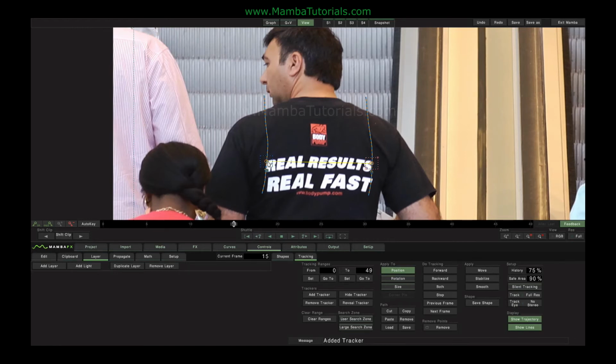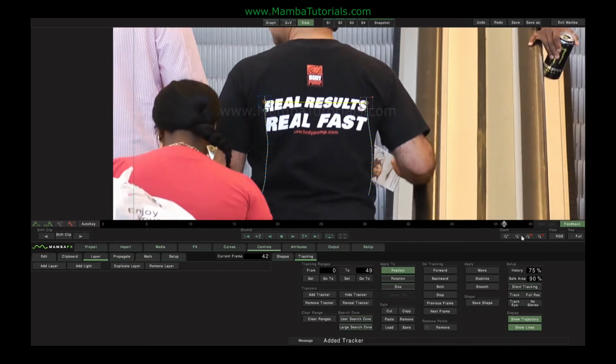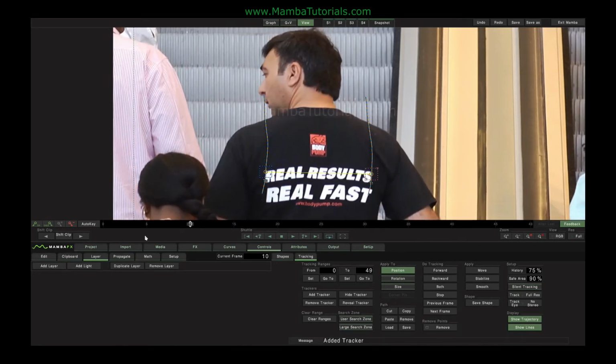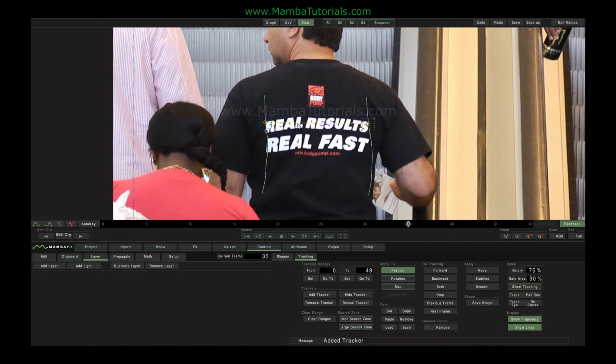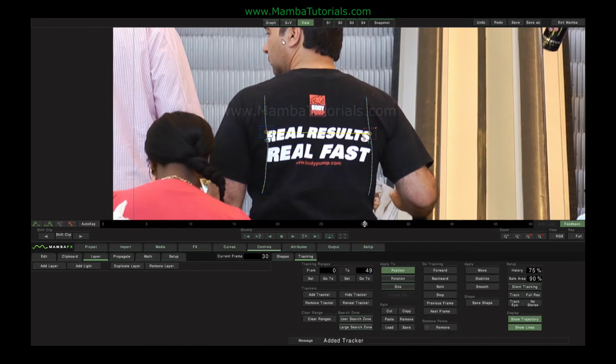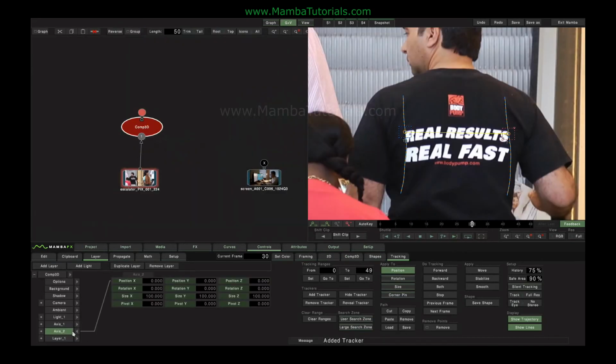Because Mamba can now measure the difference between these 2 points in order to assess how those 2 points rotate on the z-axis compared to each other and how they effectively change size by measuring the length between them. So for example, if we go back to our Comp3D, and I'm just going to delete all the settings out of there so it's completely new,